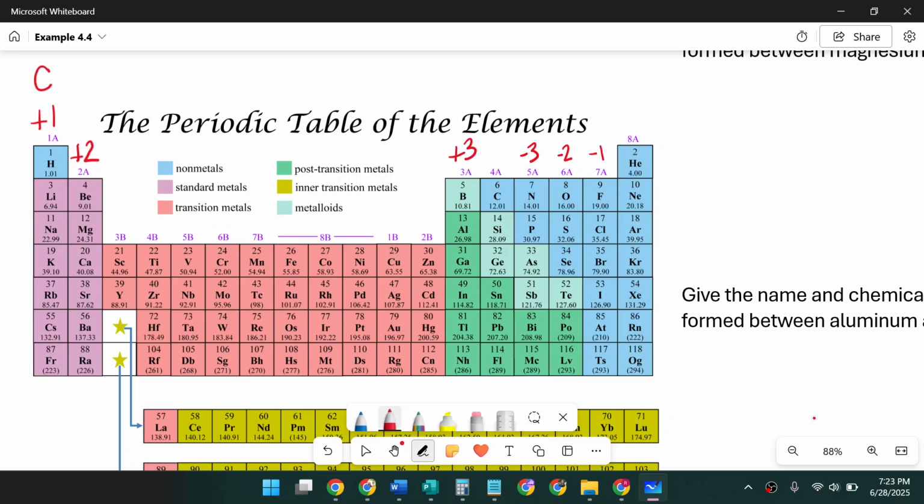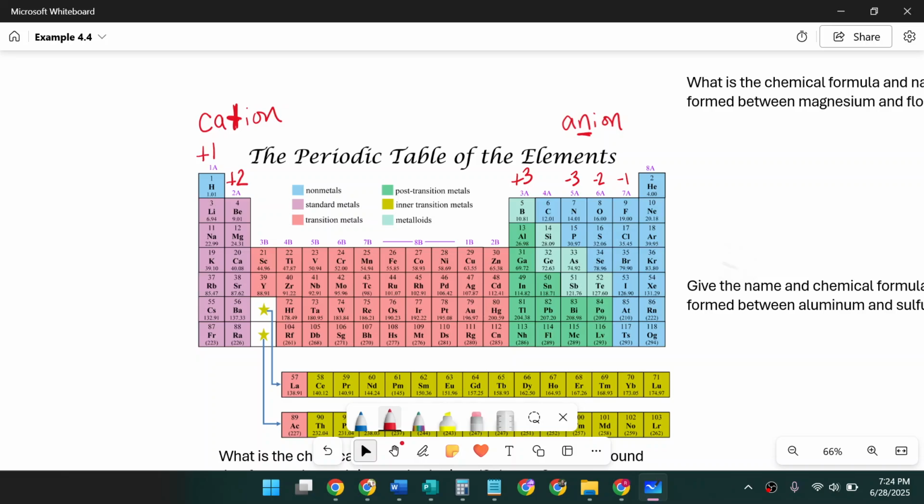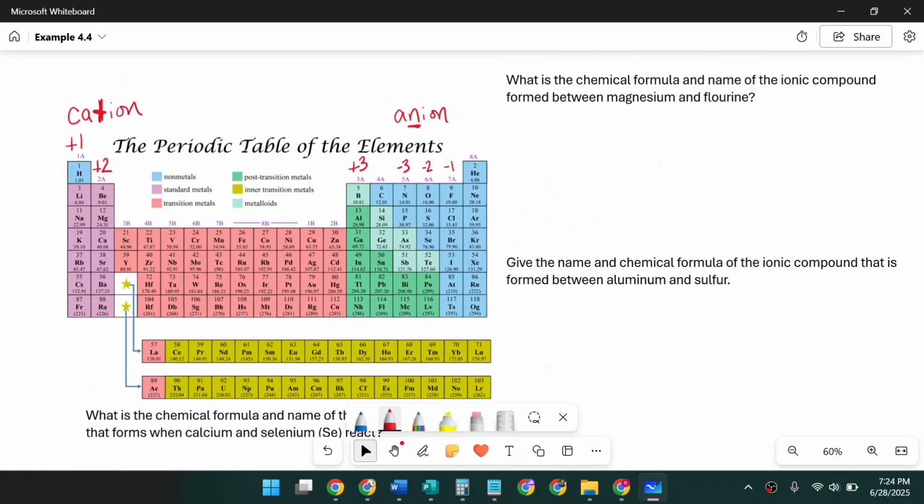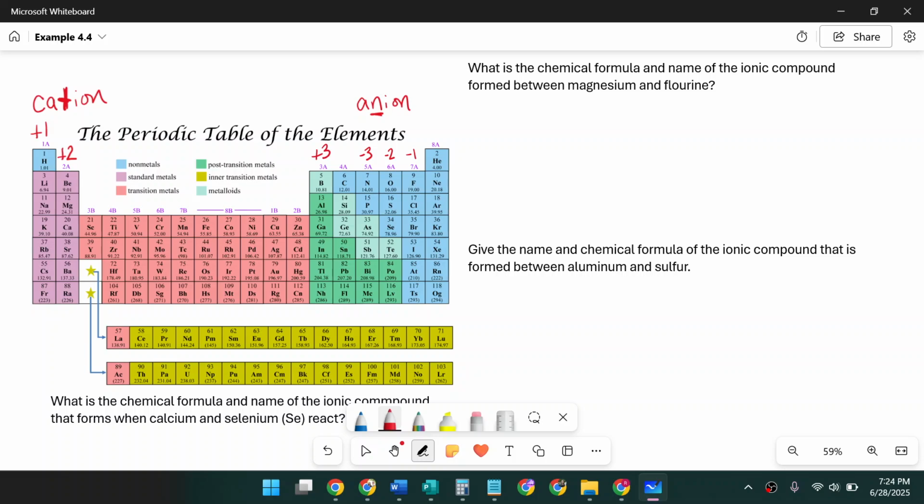So the positive charges are cations. And I like to notice that the T in the middle looks like a positive sign. And the negatives are anions. The N in the "anion" part is like for negative. So if that helps you a little bit to remember which is which. Then good. All right. So the first question says, what is the chemical formula and name of the ionic compound